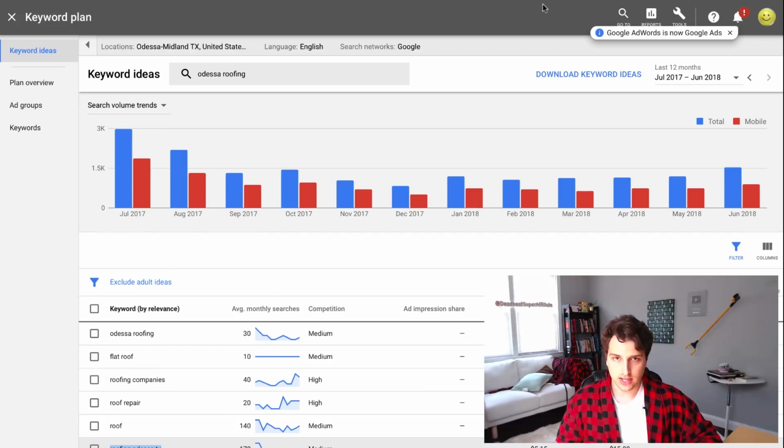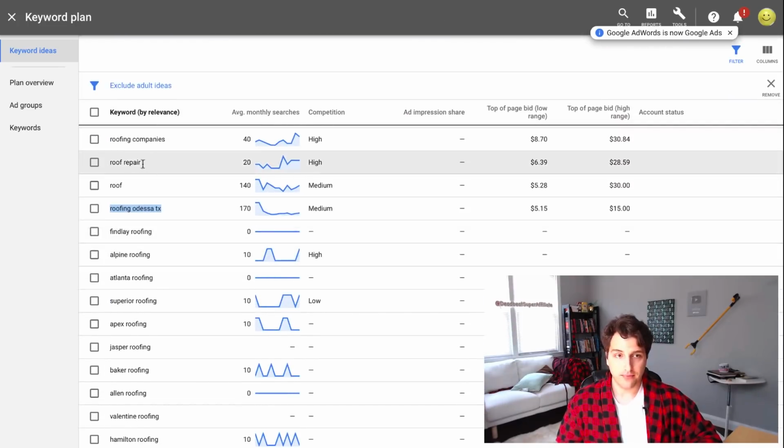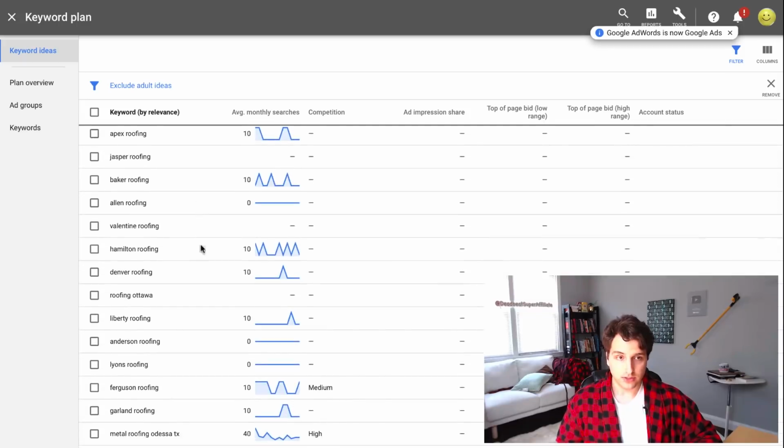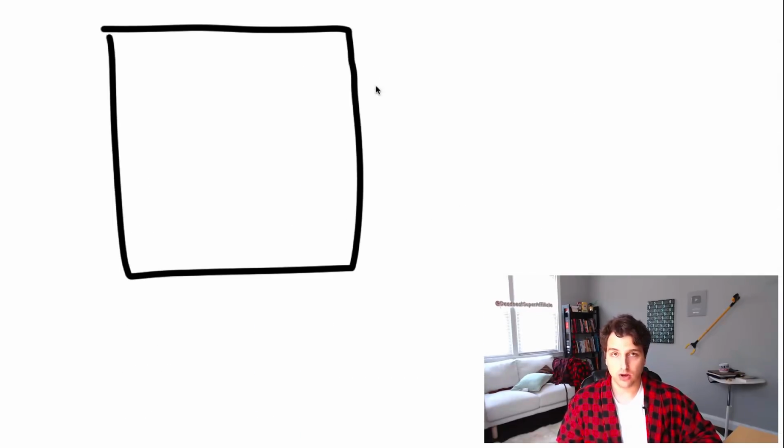All right, now in addition to that, what I would also do is go through these keywords and make videos and content all about this particular topic. So you have the Odessa roof repair. What you could also consider doing is, instead of having one blog targeted to Odessa roof repair, you could make something like